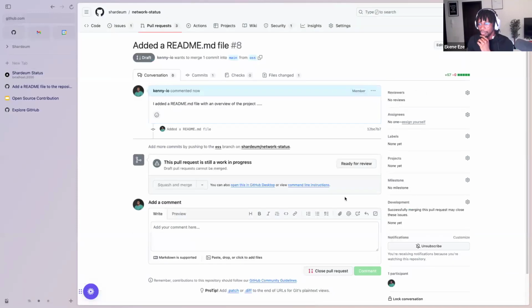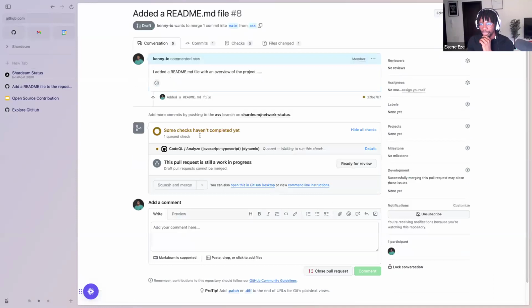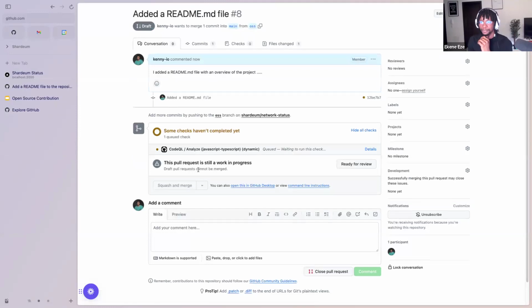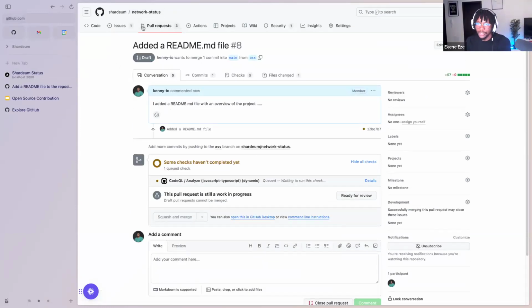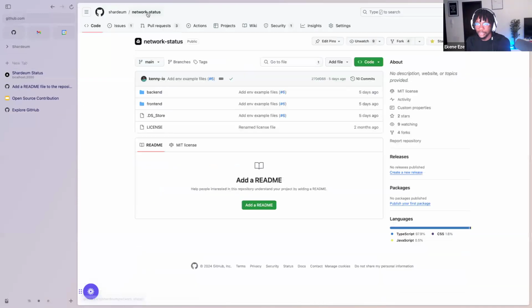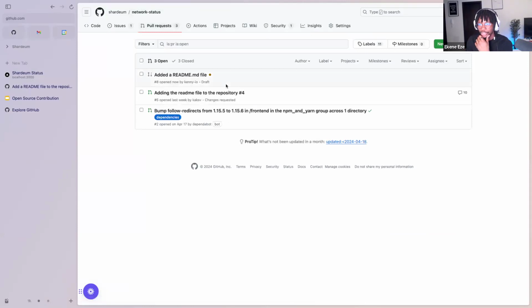So they will know that this is a work in progress. It's not ready to be merged yet. They should look at it before they actually accept the PR, which is cool, right? So now, if you go to the parent project, in your case, you might still be in your fork, but if you come back to the parent project where you forked it from and go to the pull requests, you should see that there's a new pull request now that says added a readme.md file. So these are the basic steps of how to send a PR, how to contribute.